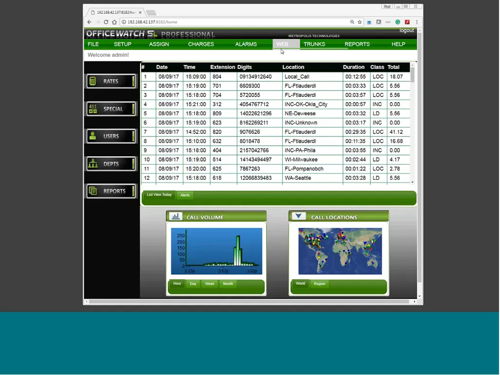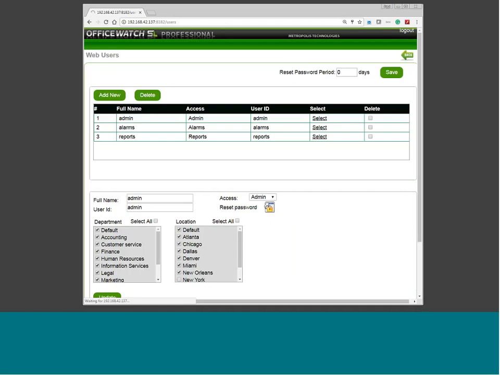I'm also going to show how you can set up other users with different permissions. For example, I have an administrator. The administrator can do all those adds, moves, and changes. There's also an alarms user access. An alarms user receives a pop-up if there's been an emergency dial, like 911, if there's been a toll fraud situation, for example, an expensive call, or if we stop collecting CDR or SMDR from any one of your sites over